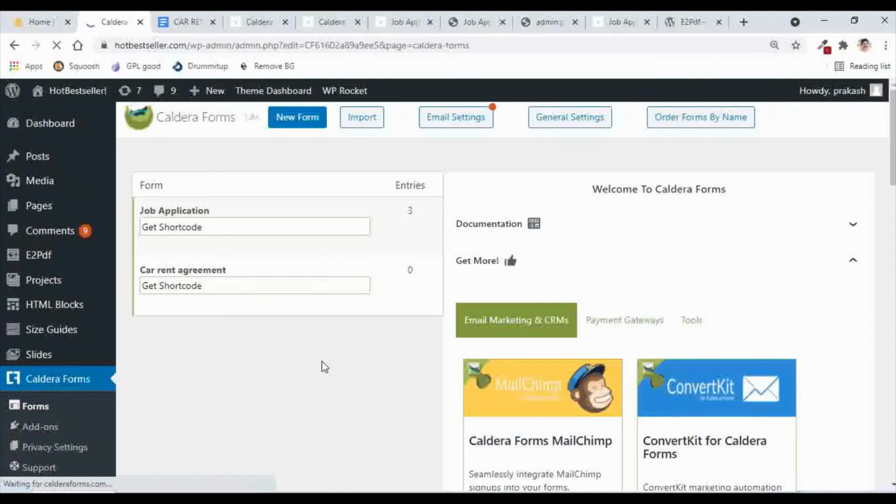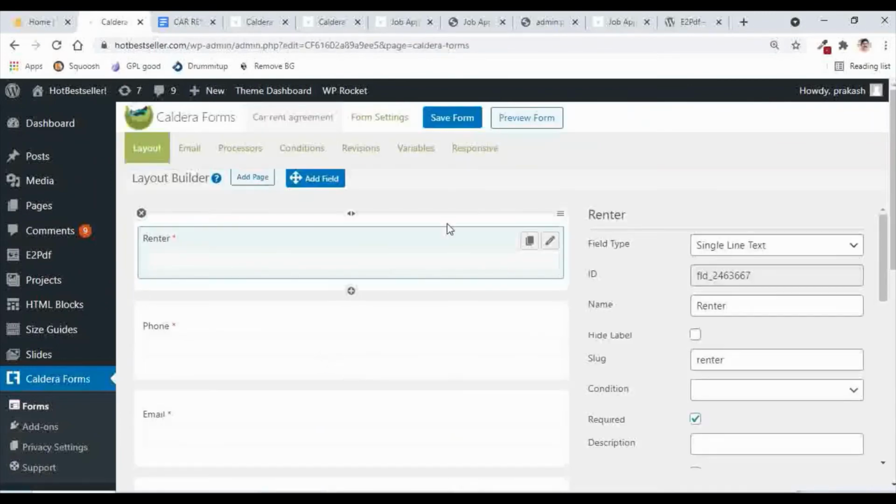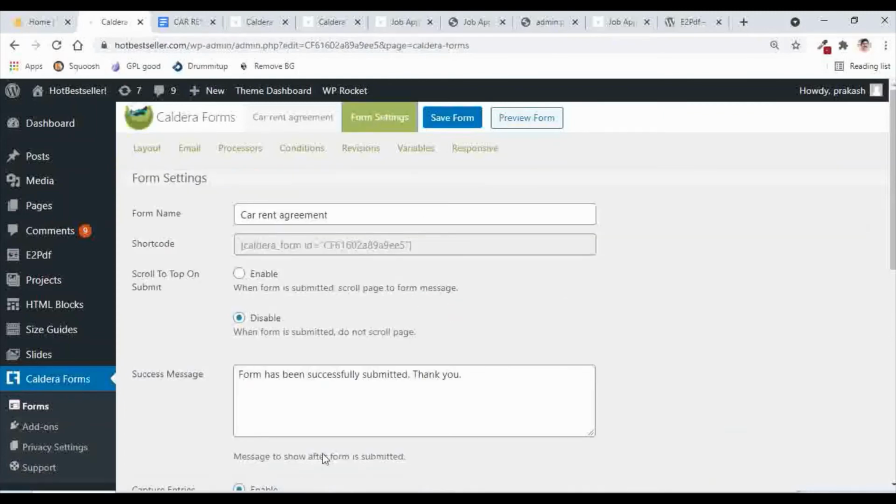I will edit this form, go to the form settings, and here we can have the message customized. So I will put a break here and write, you can now download